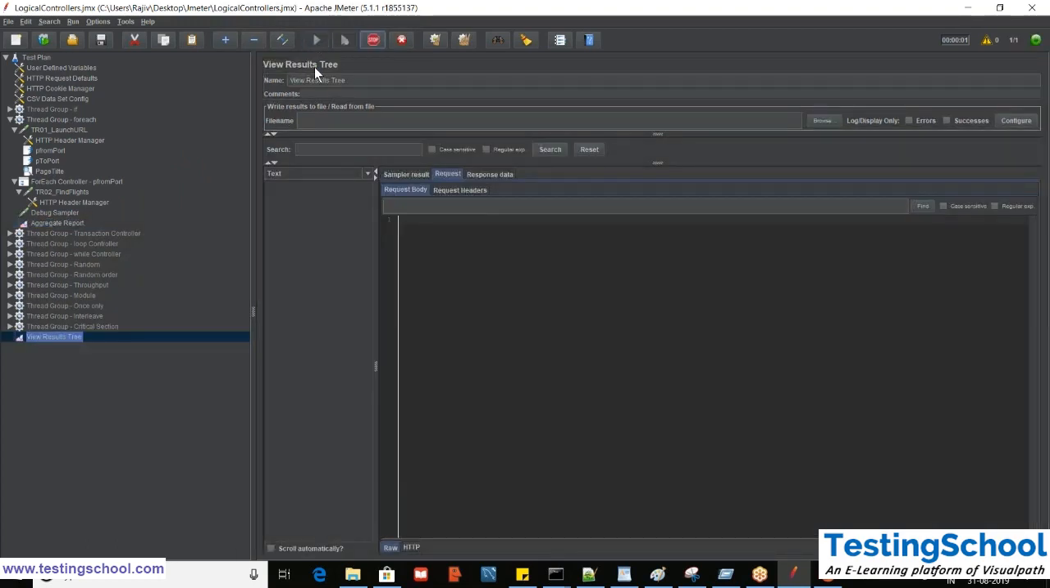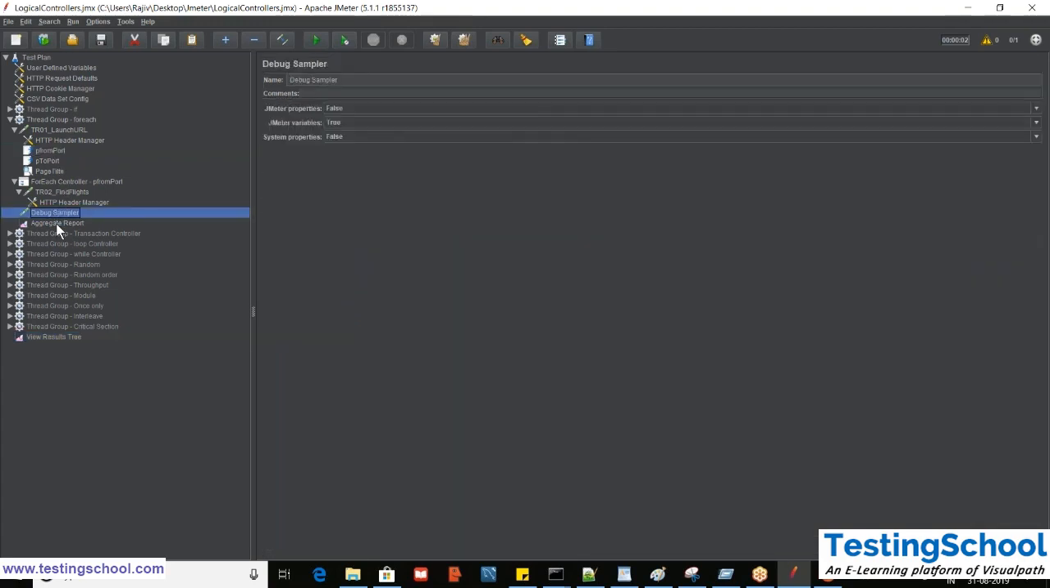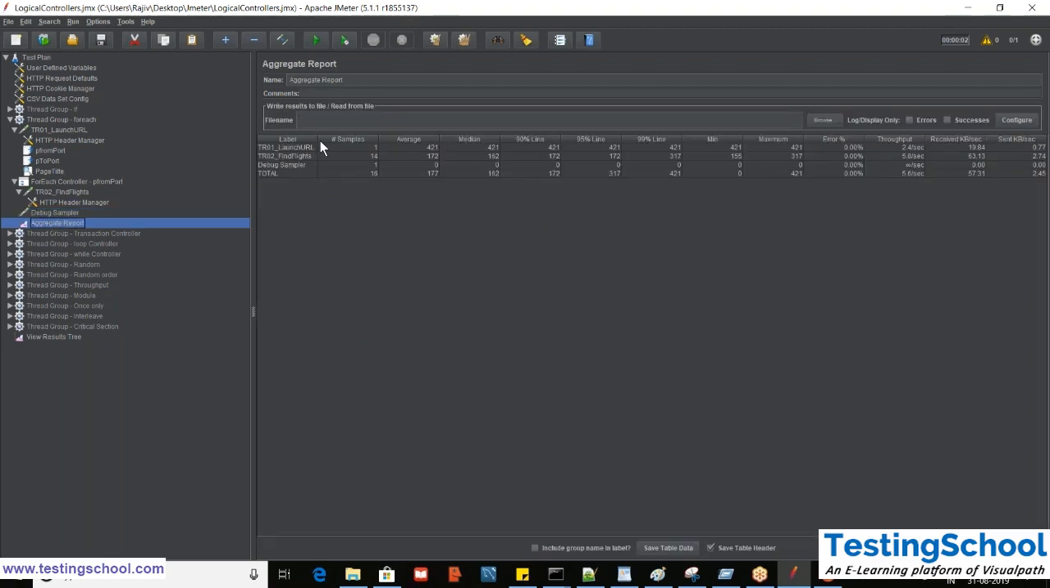So I'm executing now. See, this find flights is going to execute multiple times, until we have a value in the p from port variable. So if you see in the aggregate report, find flight has been executed 14 times, because